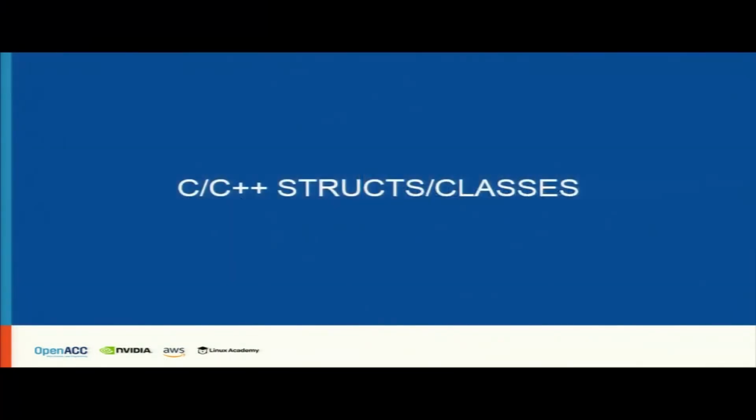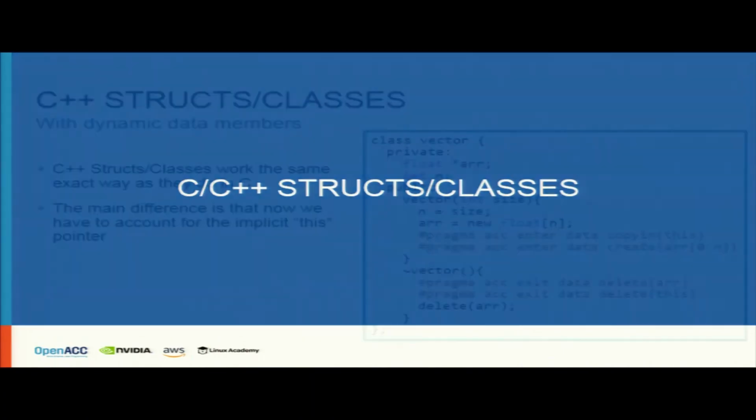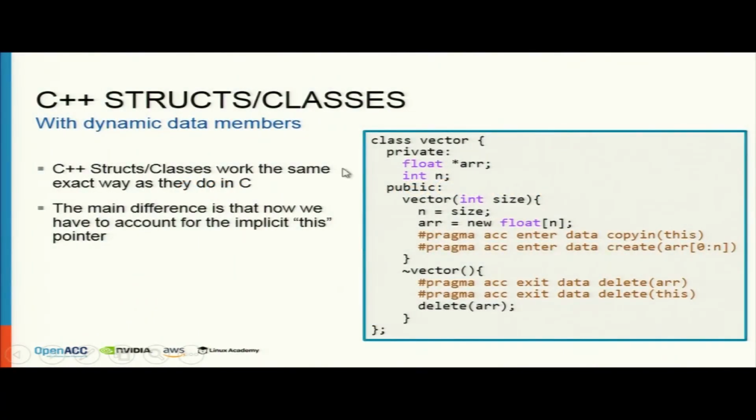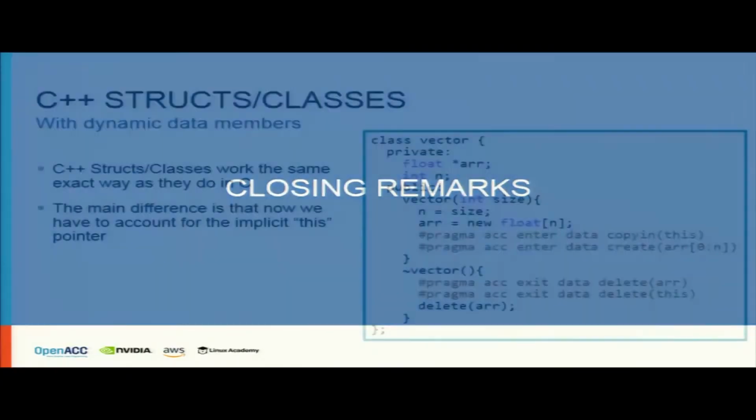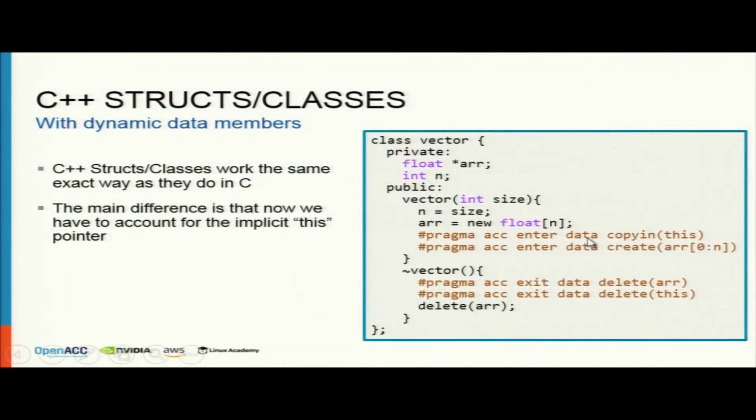Another example, the basic example which you will usually see, is in C++. So generally in the C++ world, where does the allocation happen? Constructors. Where does the deallocation happen? Destructors. So you will say enter data, copyin and create inside the constructor, and you will say exit data and delete inside the destructor, right? So what you are going to do in this particular lab is basically to make use of this unstructured data region and remove that managed memory